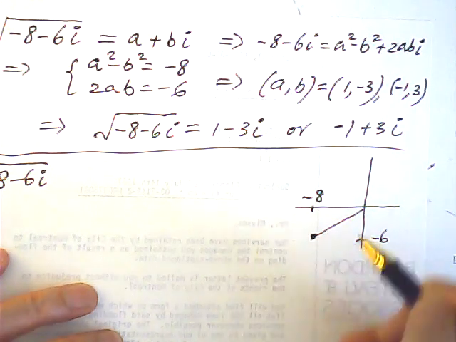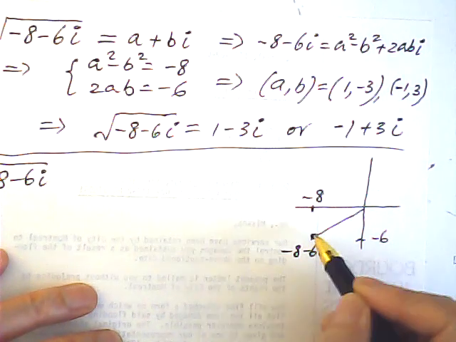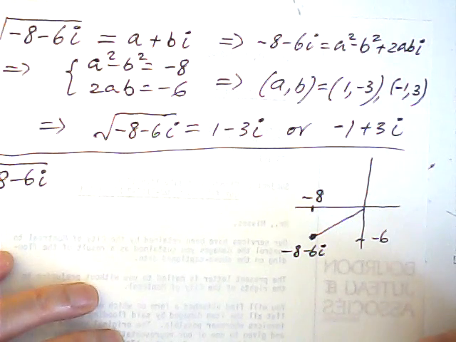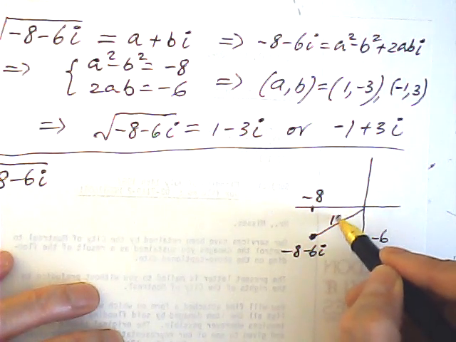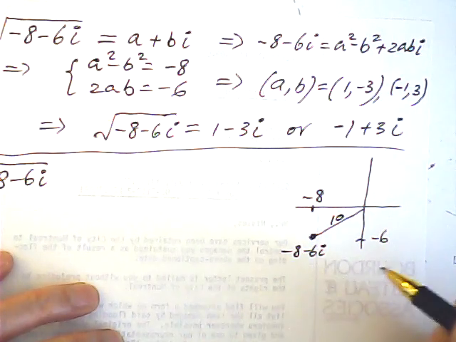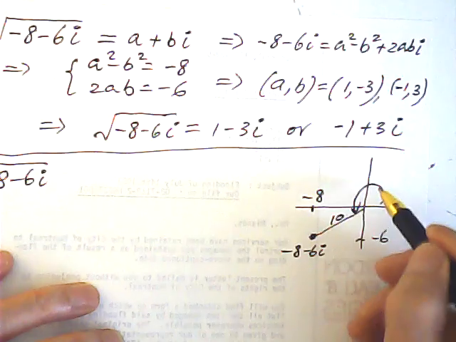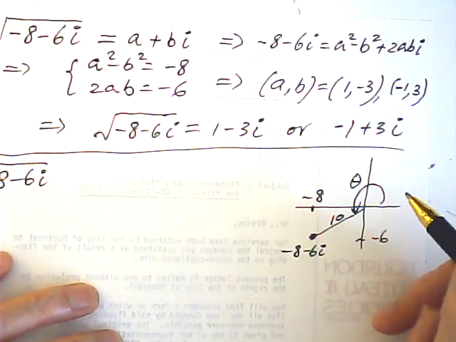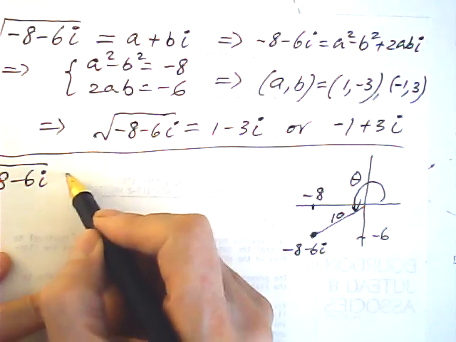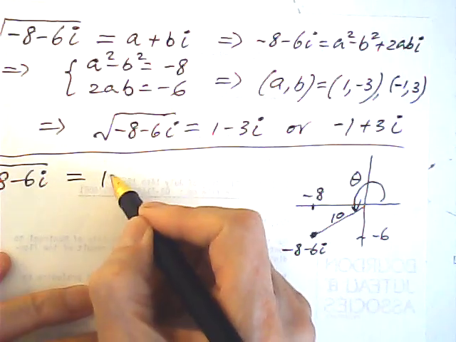This is -8 minus 6i, that is a complex number, and from which the modulus is equal to 10. This is the angle theta. So this one is equal to this complex number. The modulus is 10,